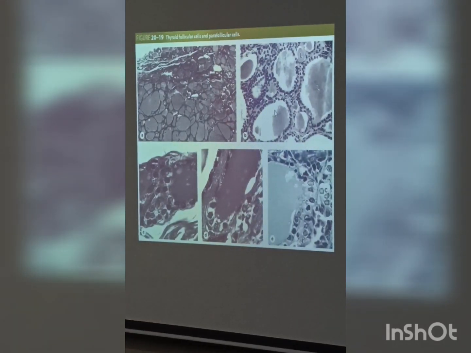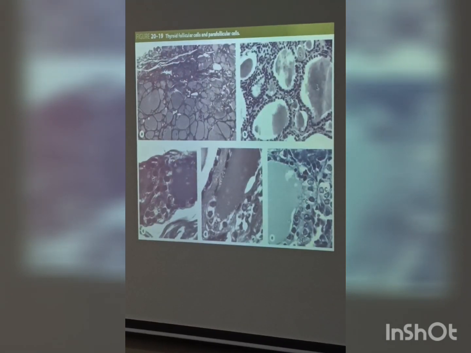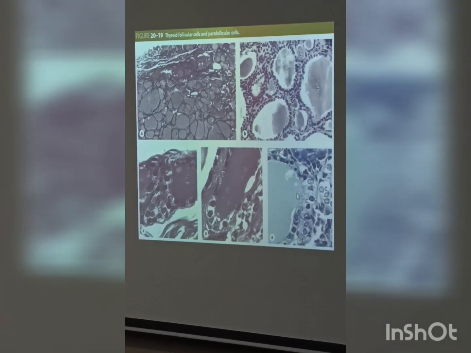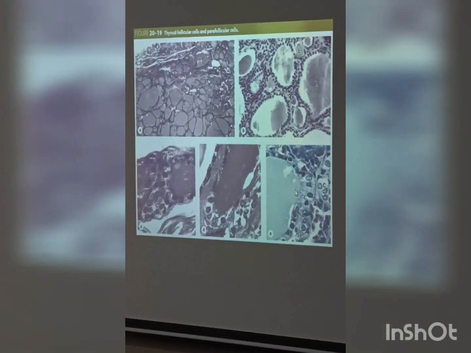You can see another slide of the same, but with a little higher magnification, and in the lower corner, in Masson's trichrome staining, you can observe the simple cuboidal epithelium,